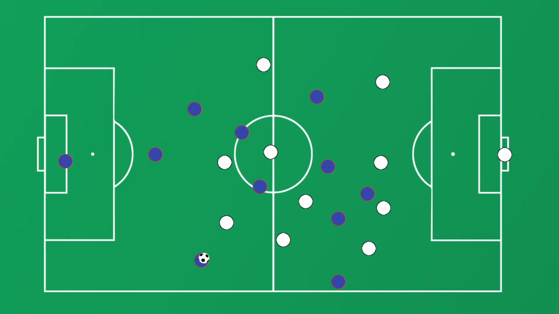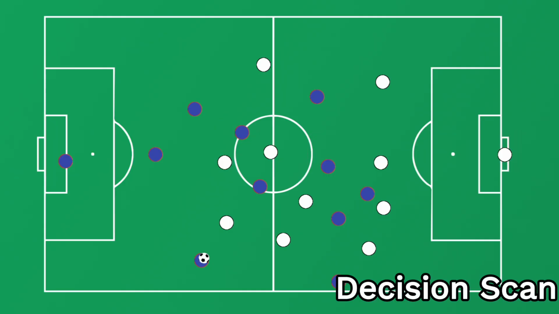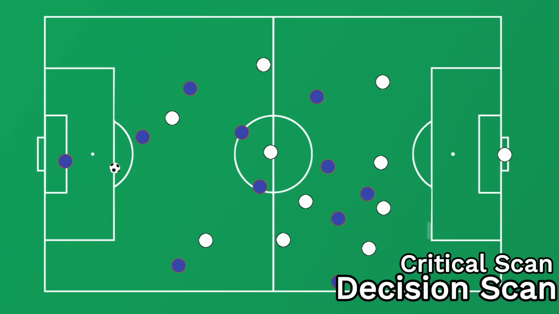And now the second type of scan is more specific and there are subsets of them. The second type of scan is something I call the decision scan. And in the decision scan, there's the critical scan, which is quite popular online. It's something that's been spoken about a lot. And there are also a couple of other scans within that. So a critical scan is basically, if we were to go to a midfield example, because it's probably the easiest to explain there,